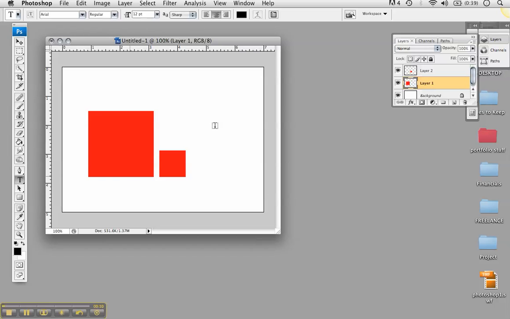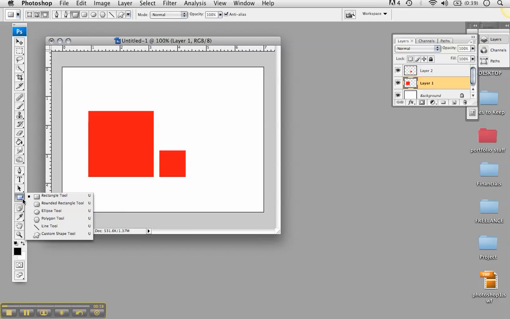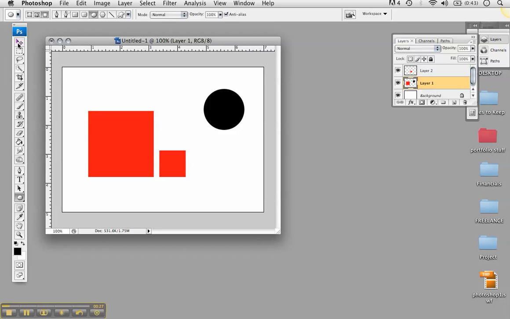Alright, first things first, you can see I already have a couple of squares here, but let's look at the shape tool. It's right here. The default is rectangle, but all you have to do to get more options is to right click. Let's choose ellipse, and I'm going to hold down shift so that I get a perfectly round circle. Okay, so you can see here's my new circle, and you can also see it's on layer 1 because that